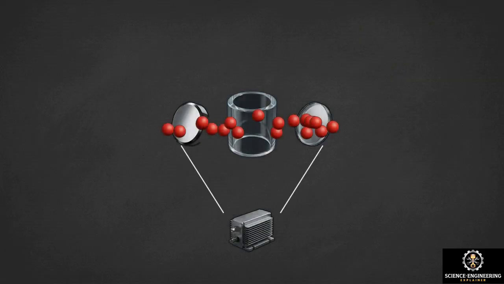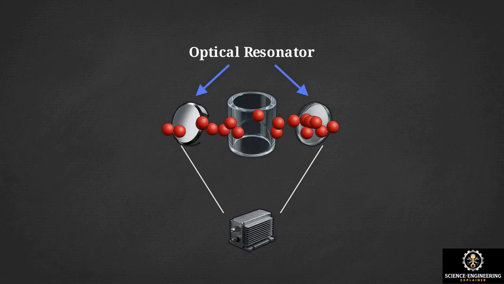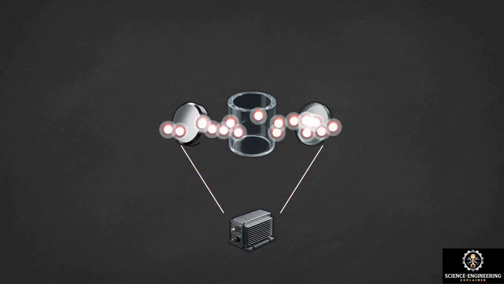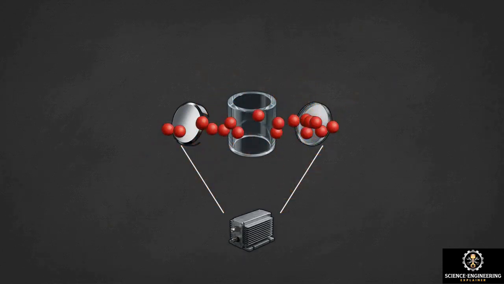This diagram maps the three essential hardware components required to generate a beam: an external energy pump, an active gain medium housed in a quartz glass tube, and an optical resonator made of two parallel concave mirrors. When the pump injects energy into the gain medium, the atoms absorb that energy and become excited, but they do not hold that state. Within a few nanoseconds, they release the energy as random photons and drop back down to